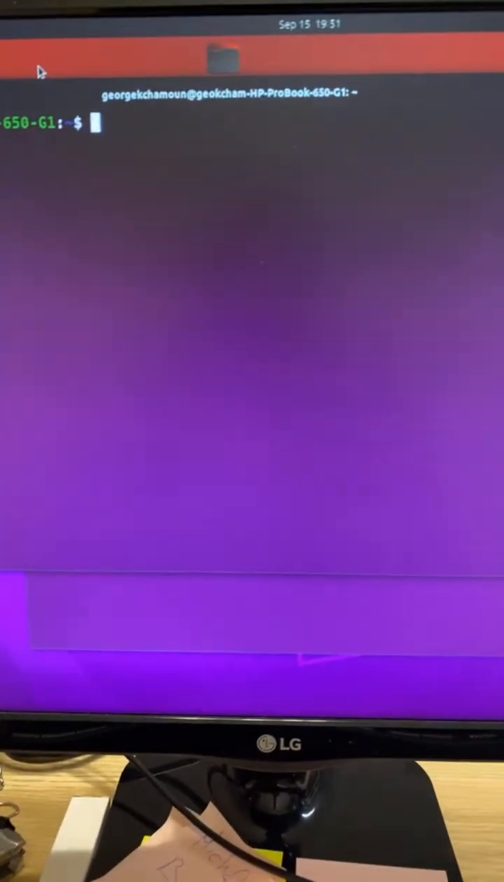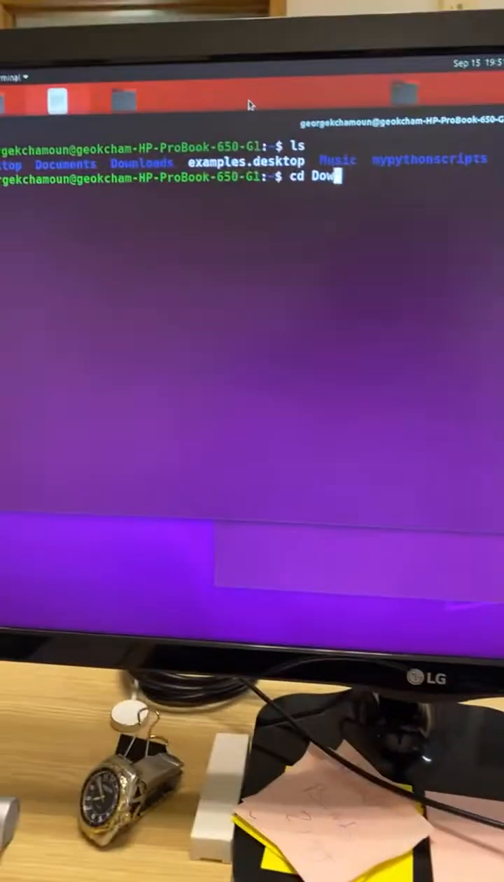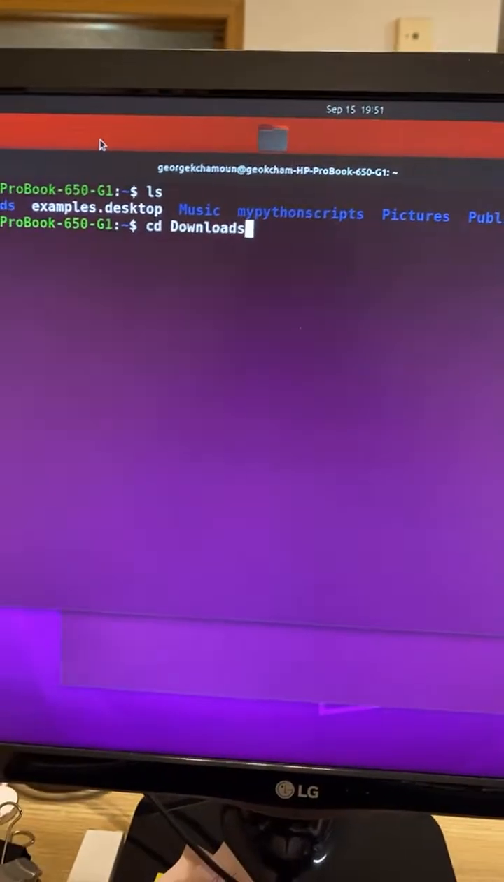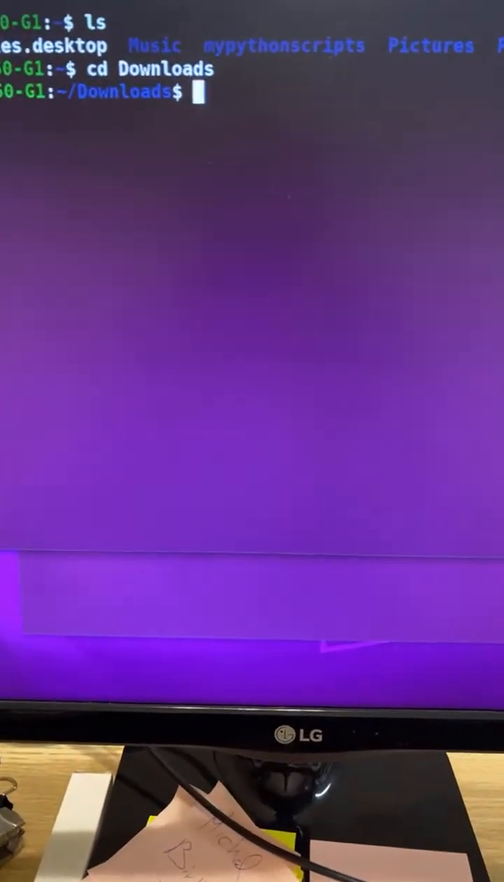Okay, so let's see. We're looking for a file first. Let me find a file, and then we'll look for it. So let's go to download. Okay, I moved to the